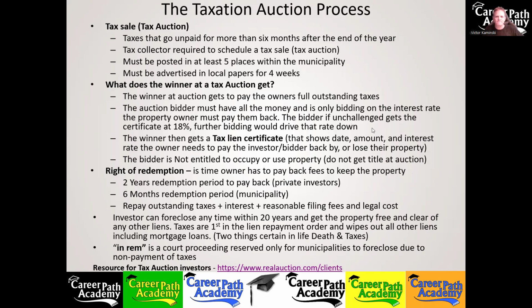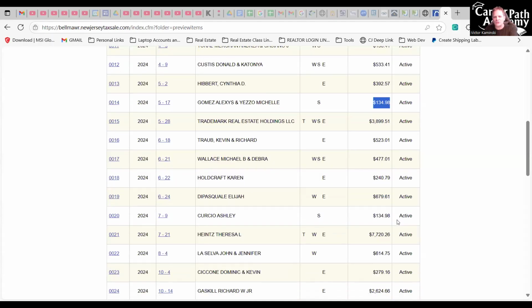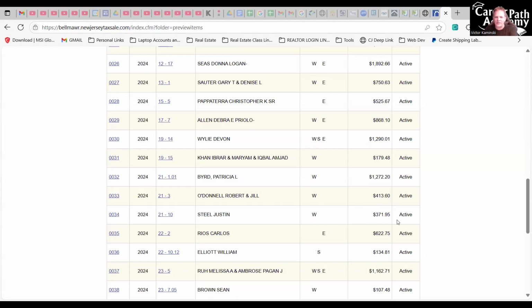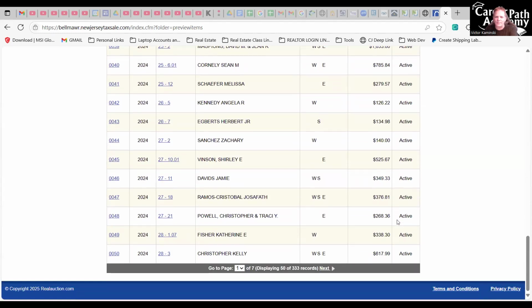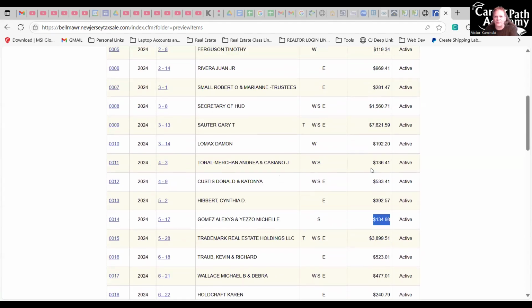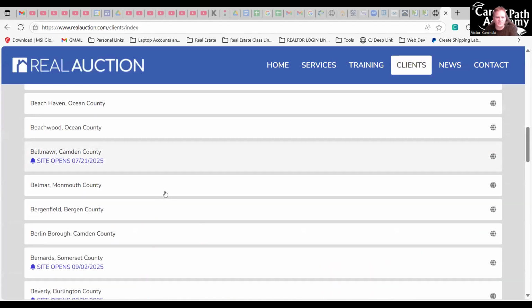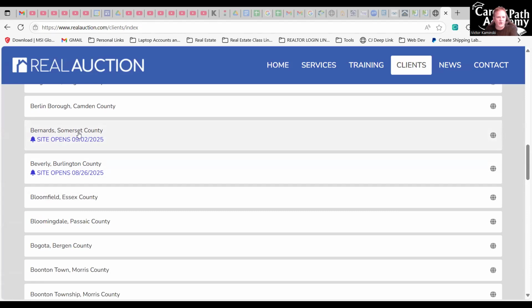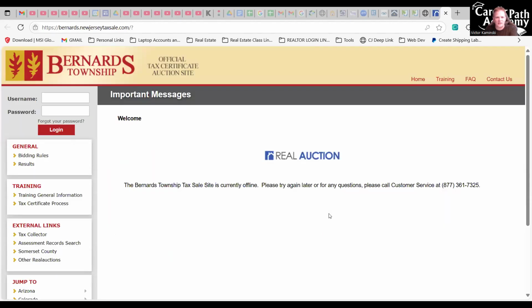I'm seeing that on so many. I'm just clicking on random ones and it says registration for this website is currently offline. Please check the bidding rules for availability. Yeah, it could be RealAuction just updating their software then and doing database updates or backups. It could be not the municipality, but the RealAuction service itself that's doing that. Let me see. Bernards in Somerset. Let's take a look at them. No, they don't have anything even posted here yet, but yet they got an auction coming up.